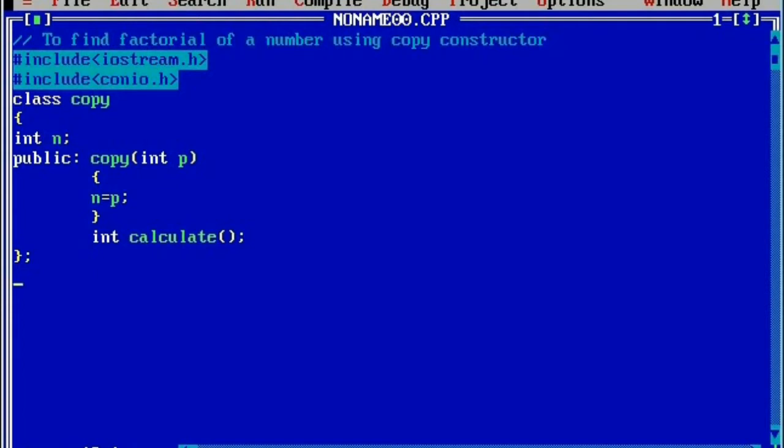You just recall the syntax of defining function definition outside the class definition. So it must be written with first data type, then name of the class, then scope resolution operator, then name of the function. So that is calculate, then round braces, curly open brace, and from here onwards we'll start writing the definition of this calculate function. So here we are going to declare two local variables, that is int factorial of a number, that is fact, and one more is i, which is used for iteration.